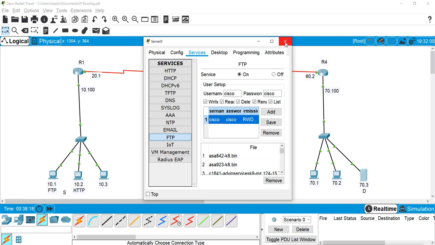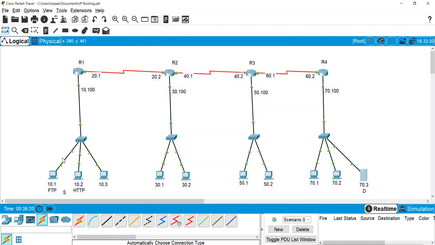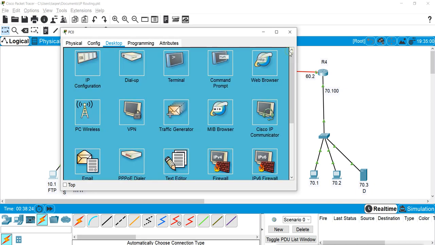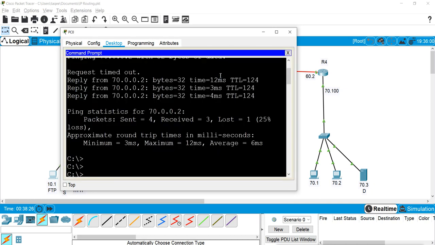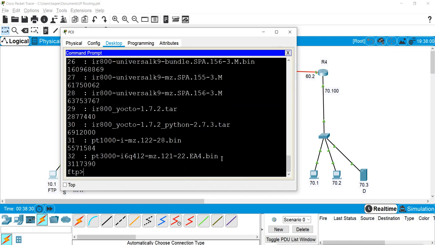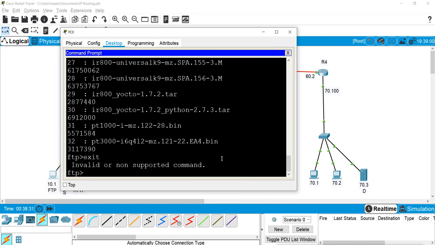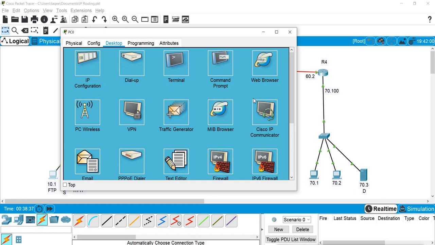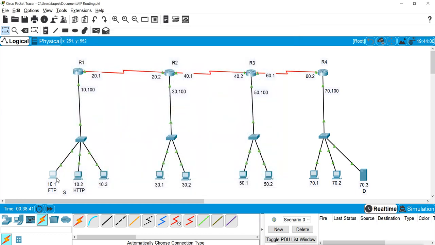So these two services are running, web service and FTP service. Both are running here on this browser. Quit. Exit from the FTP service. So FTP service and web service both are running for this server, this machine 10.1.